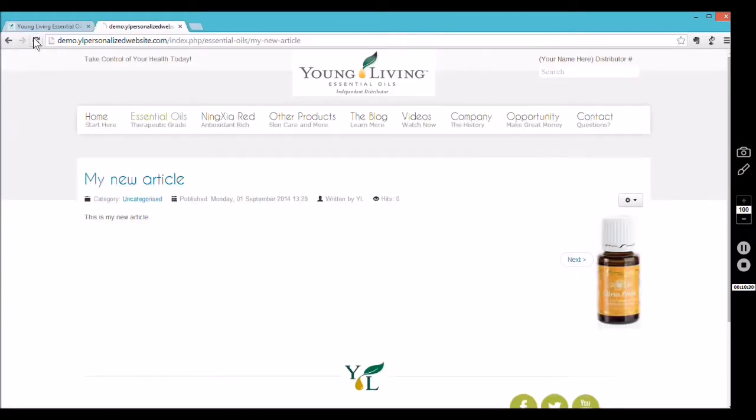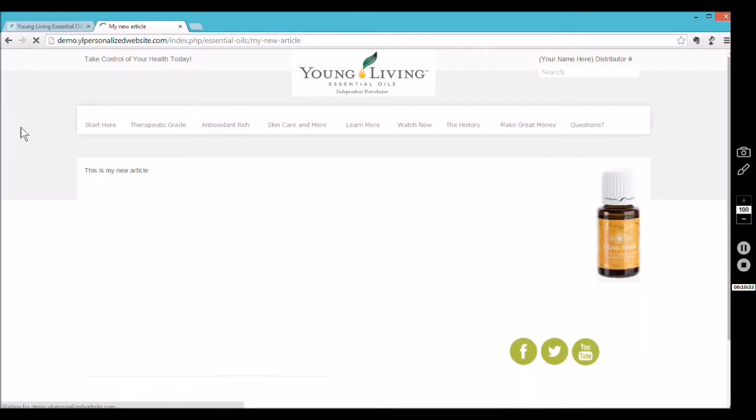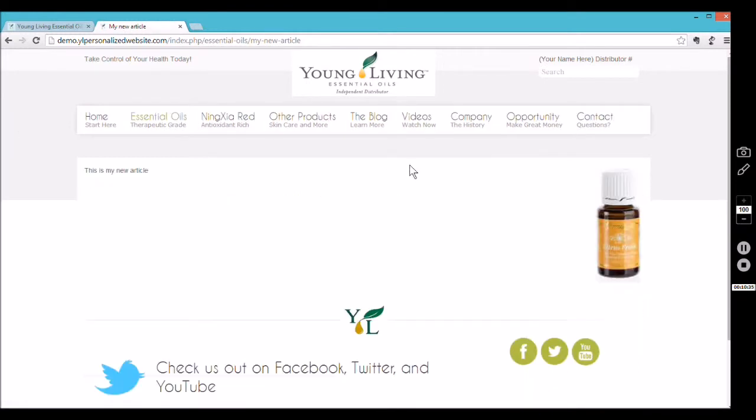Now let's hit refresh and see it after. All of that's gone. Now again, we don't have any module over here on this page like we do on the rest of the pages, which is why you have such a full screen. But you can add your modules over here if you like, or you can just have a giant page. That's completely up to you. But that's how you actually add an article in, and how you tag it to a menu